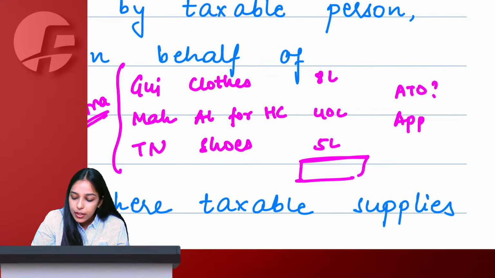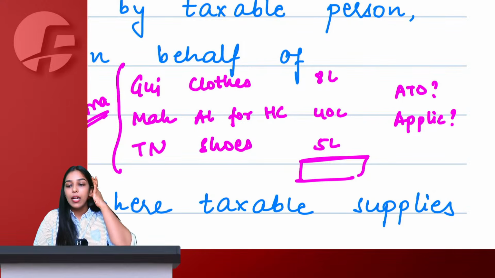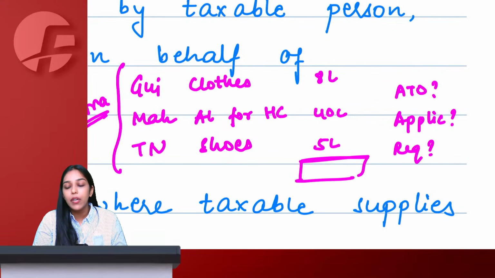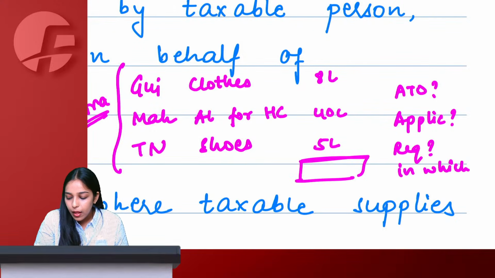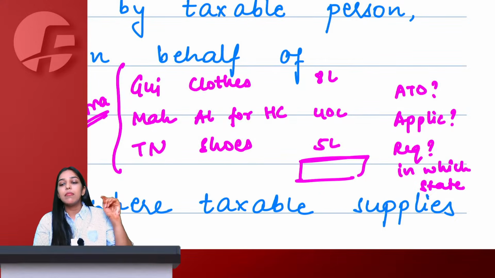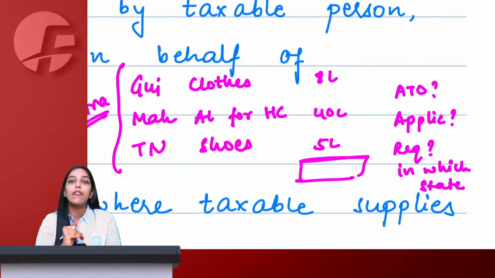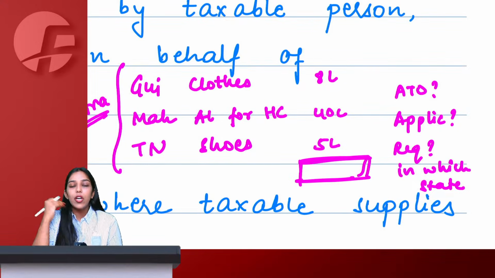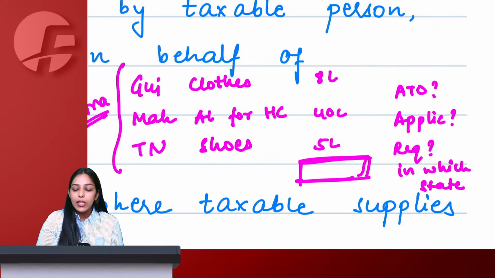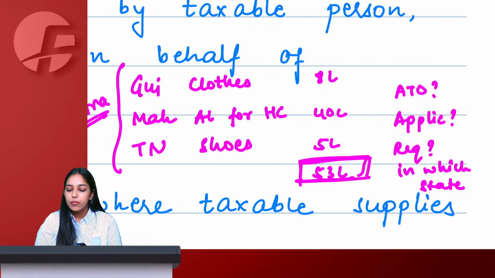What will be the applicable turnover to check what will be the registration limit? And third point is whether I will be required to take registration or not. If required, in which state? I am asking you 3 questions. What is my aggregate turnover? What will be the applicable turnover? And in which state I will have to take registration, if at all I have to take. See, ma'am, to calculate aggregate turnover pan India, we first of all add everything. So 40 plus 8, 48 and plus 5, it comes to 53 lakh, right? So my aggregate turnover is 53.